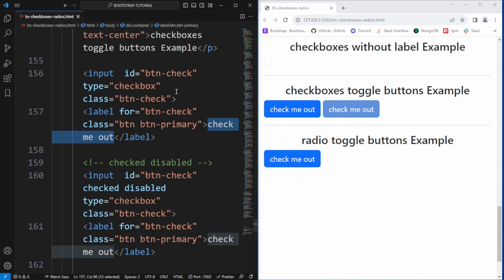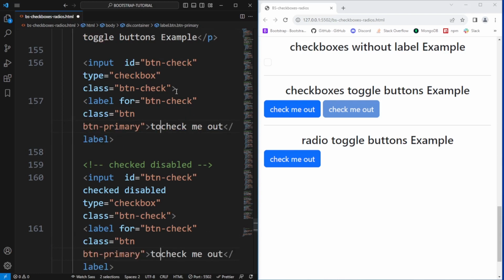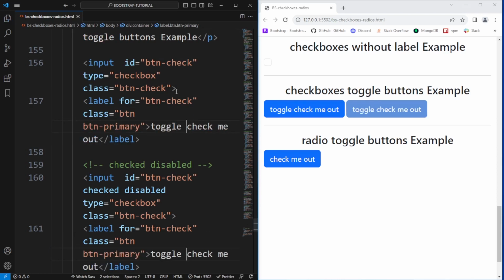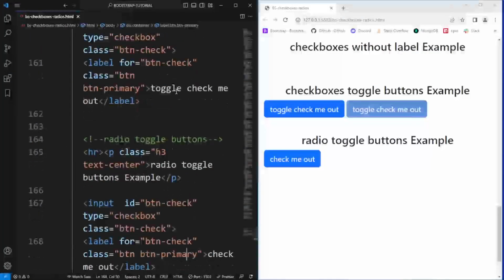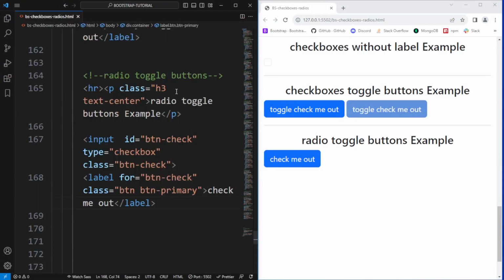So let's select both the instances and add here toggle check me out. That is cool, and let's hit save. And what I'm gonna do is let's radio toggle buttons, and let's add here toggle radio button,